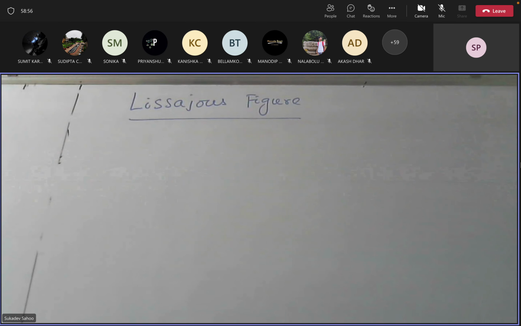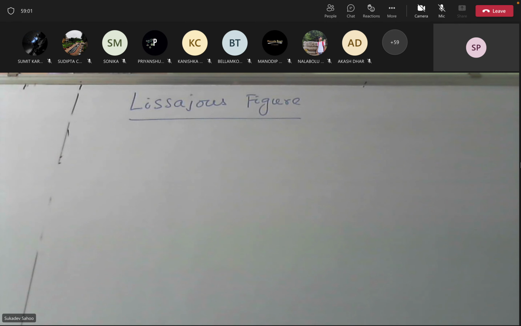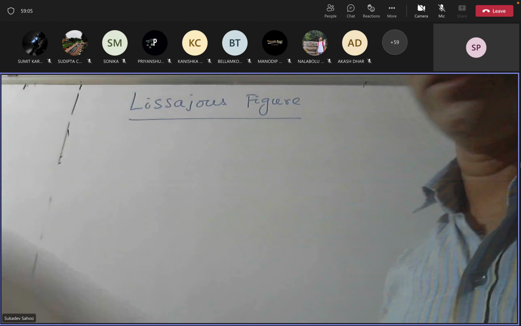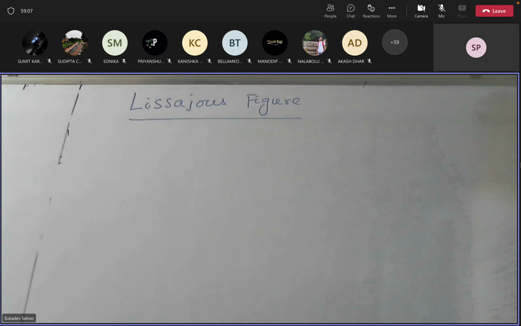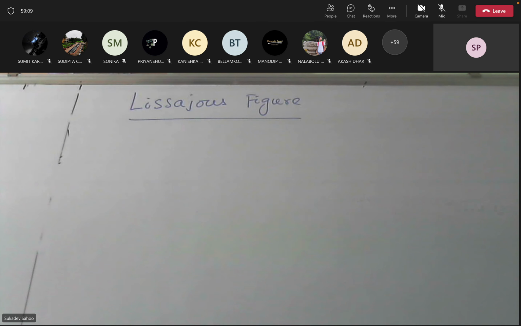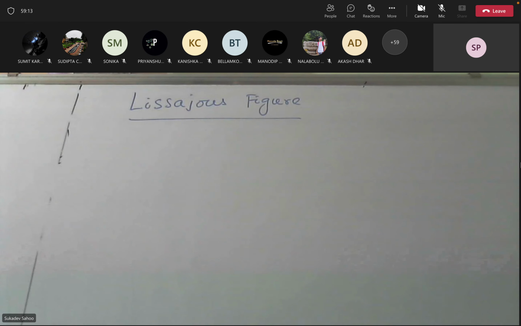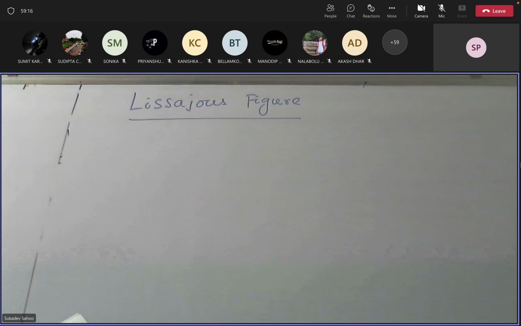Two perpendicular SHMs having different frequencies. Everybody clear? Now we will discuss analytically. Analytically means we have to take the equation of motion,